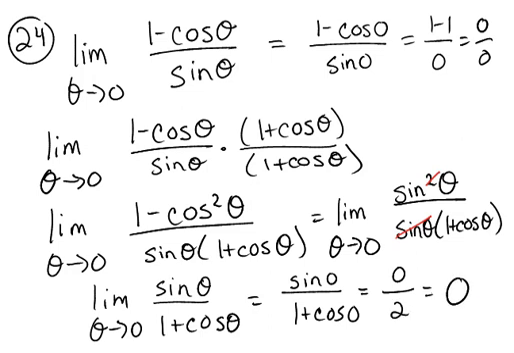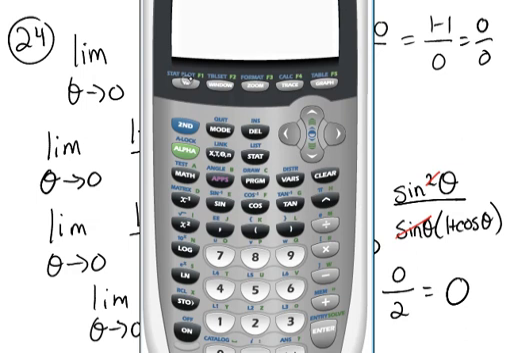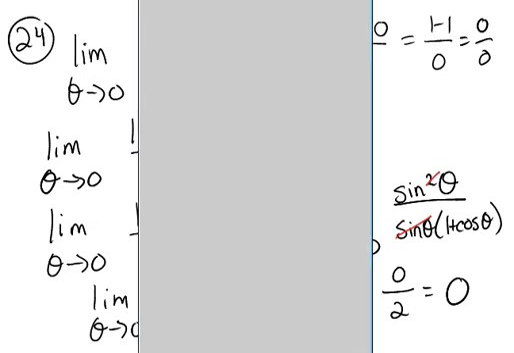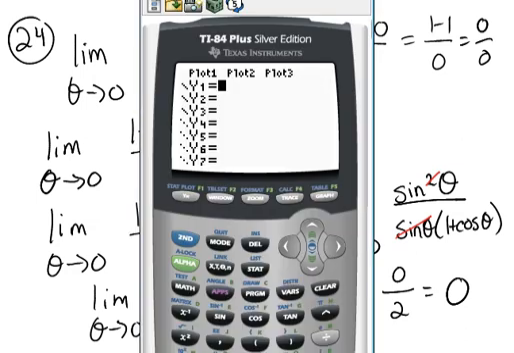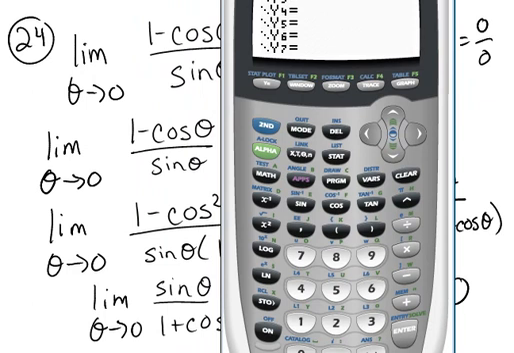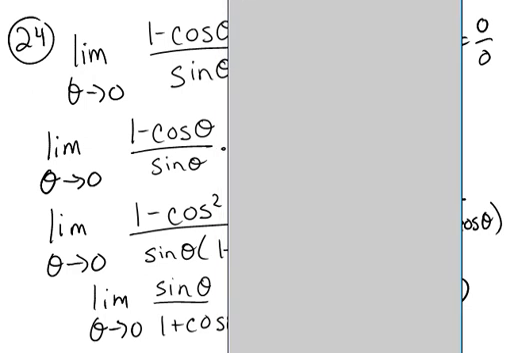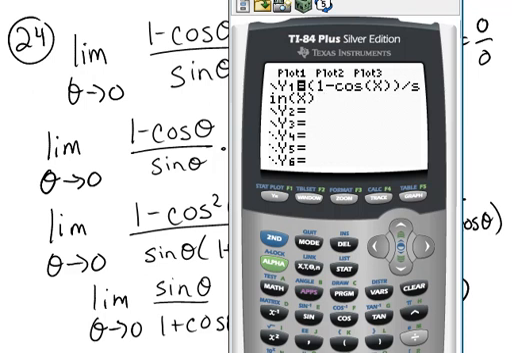You can always check these limits with your calculator. If you go to y equals, you want to type it in. I'm going to have to scroll up to do it, so let me just type that in. It's 1 minus cosine x, I know you can't see what I'm doing, divided by the sine of x. So I just type that into my calculator, and if I go to the graph,